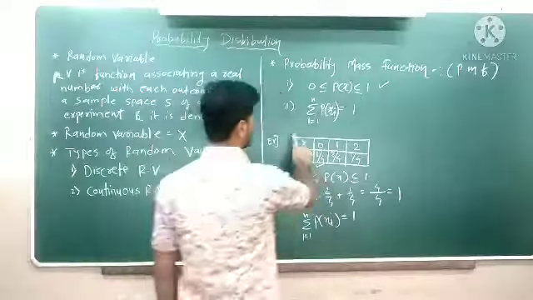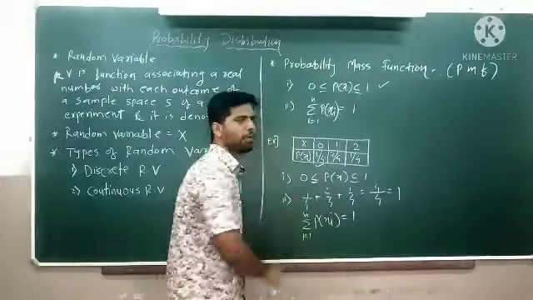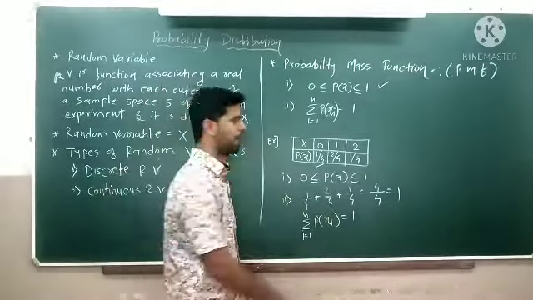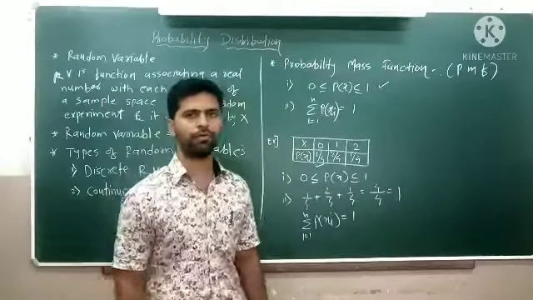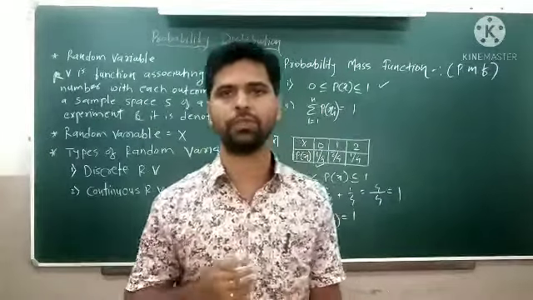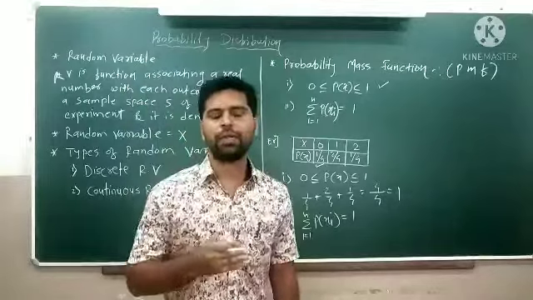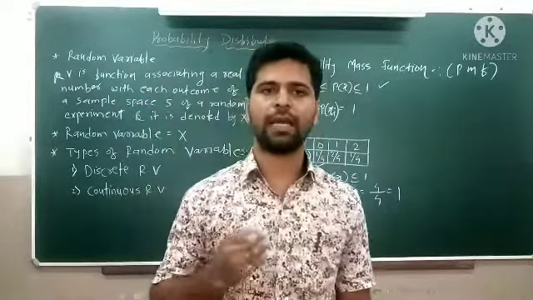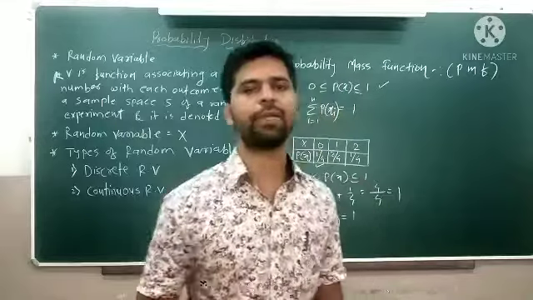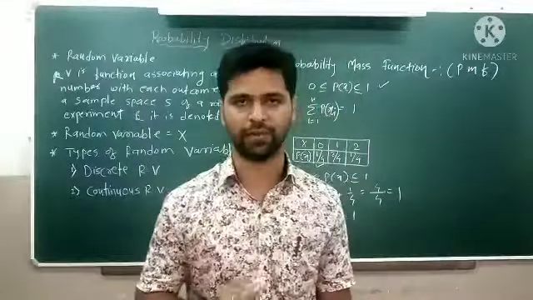So from this example, where x values were 0, 1, 2 and their corresponding probabilities were 1 by 4, 2 by 4 and 1 by 4, first we checked whether all the probabilities belong between 0 to 1 or not, and in the second condition we took the sum of all the probabilities, and if we get their sum as 1,